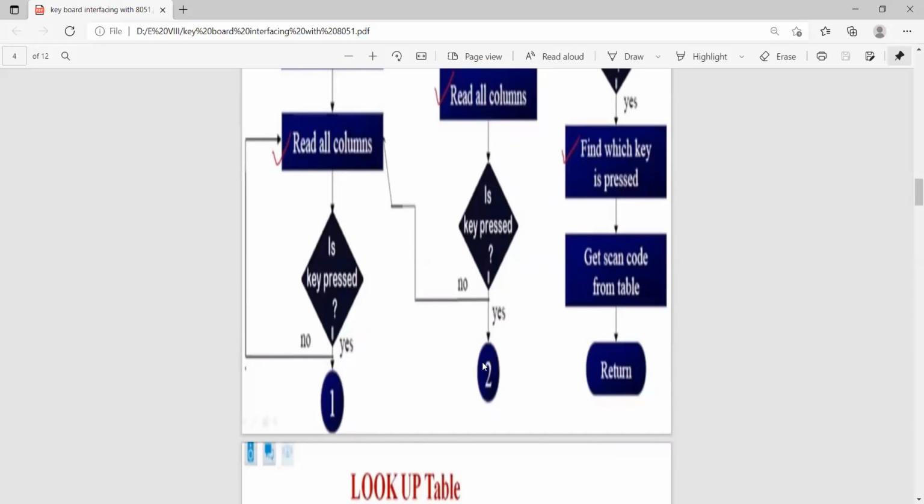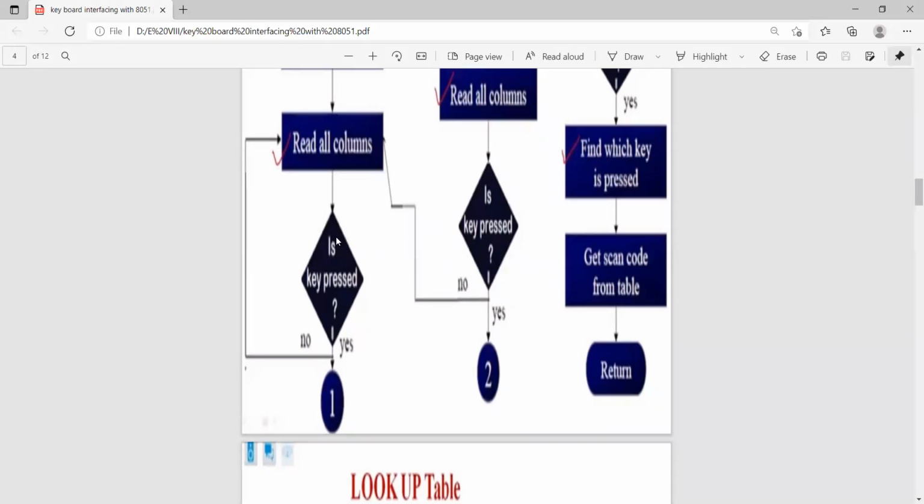If a key is pressed, yes, then you can identify that key. If no, not pressed, that means read all columns again. Then again, is key pressed? No, so it will simply move like this, and if there is no key pressed, it stays in this state only.